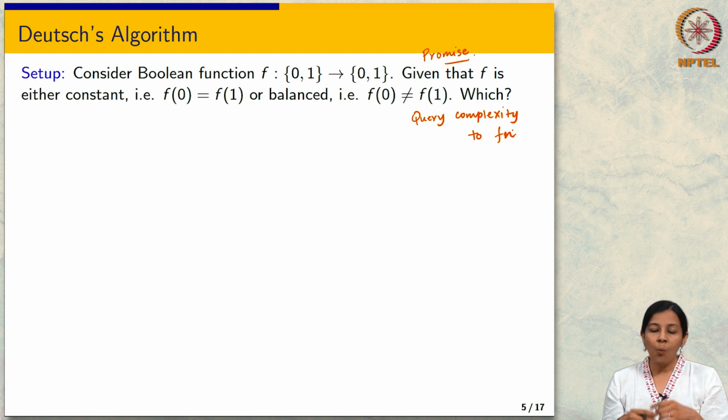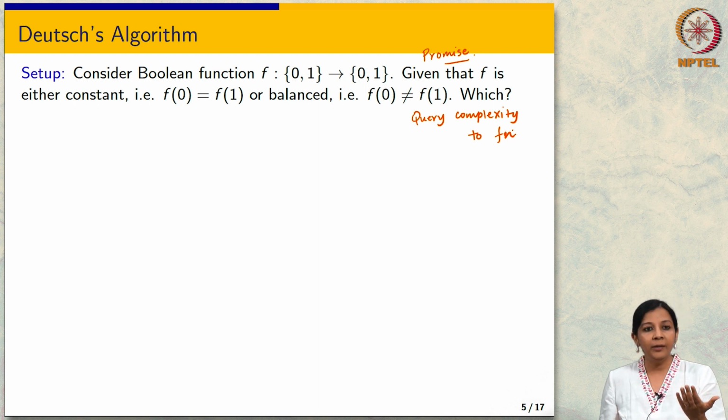Okay. So what do I mean by that? Now look, we already saw two ways of encoding function output. The most recent one was the phase kickback, otherwise we saw the x XOR fx, right. So now obviously even classically in this example, you can make two evaluations and figure it out, right. You evaluate it on 0 or you evaluate it on 1, of course you will figure out whether it's constant or balanced.